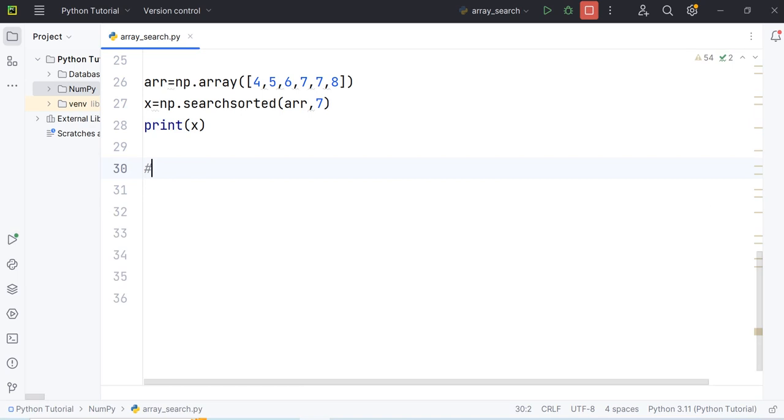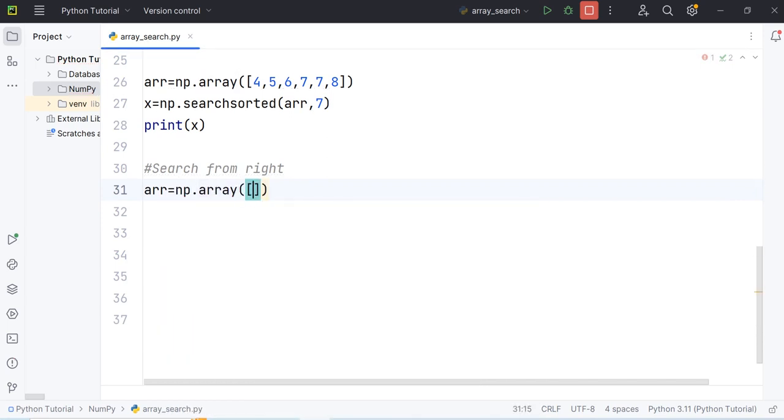So I'm gonna say search from right. Here by default the leftmost index is returned. What if I have to search from the right side? So here I'm gonna create another array. Let's say a equals np dot array, and the array elements are 6, 7, 8, 9, and x equals np dot